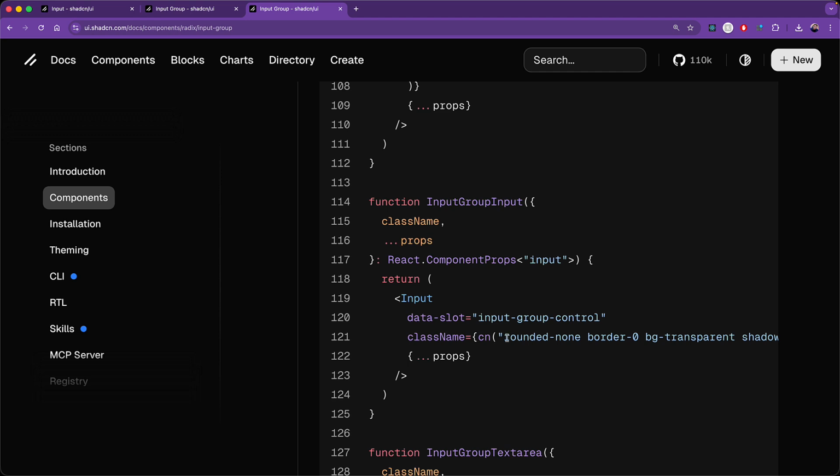A better solution would have been if the input group input didn't really rely on the input component and instead just styled the browser native input, because the input component brought in is just something that has a bunch of styles, so why not just have the clean set of styles within input group input? Of course, this is just a matter of opinion, but the important thing to note over here is that you are in control of this code base. So you can fix these things and anything else that you want, but your code will drift from shadcn over time. All in all, I think it's a worthy